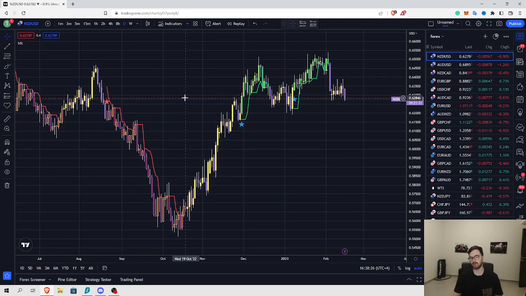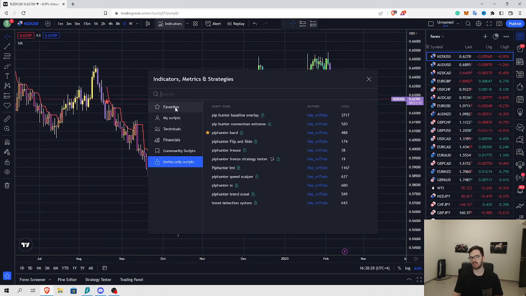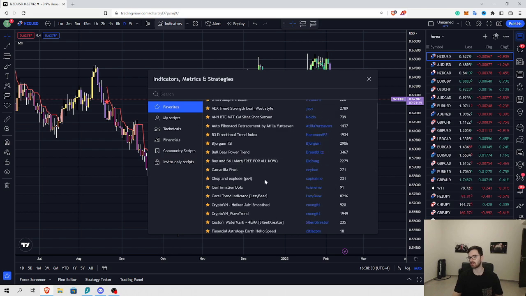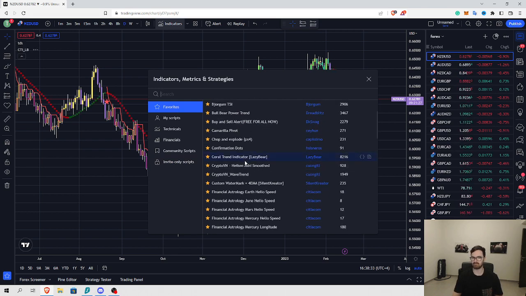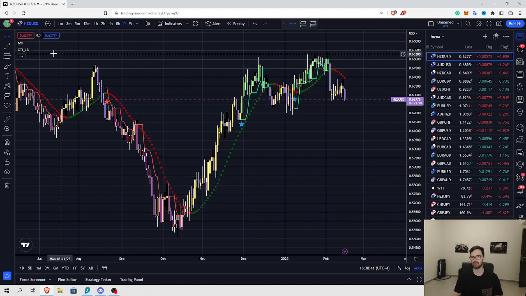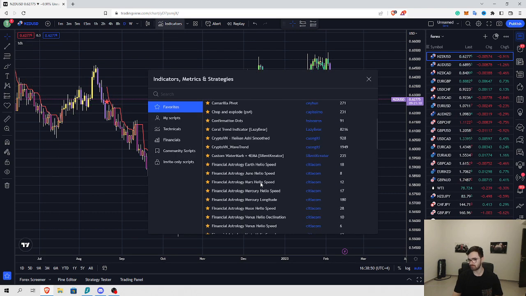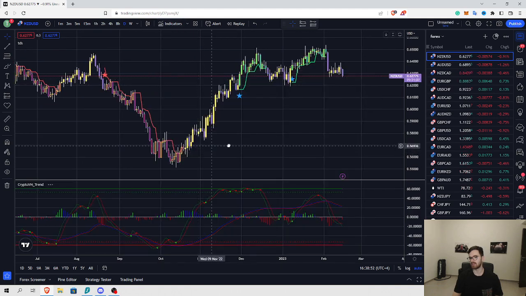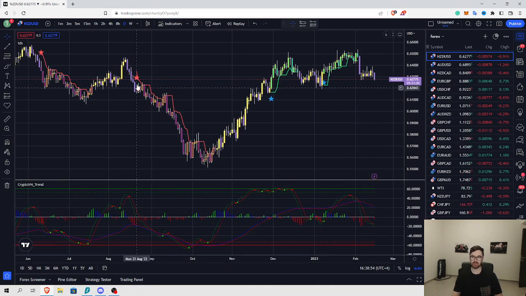How would you use it? Well, if you have a method where, and we're just going to add some random indicators to the chart just so that I can explain it. Maybe that's not the right indicator. And then we'll add, I don't know, this. Let's not add that, that's really ugly. So the concept behind what you would want to do, let's not use that either because that's not what I'm looking for. Let's try this, is that I would find a method where you get your signal from